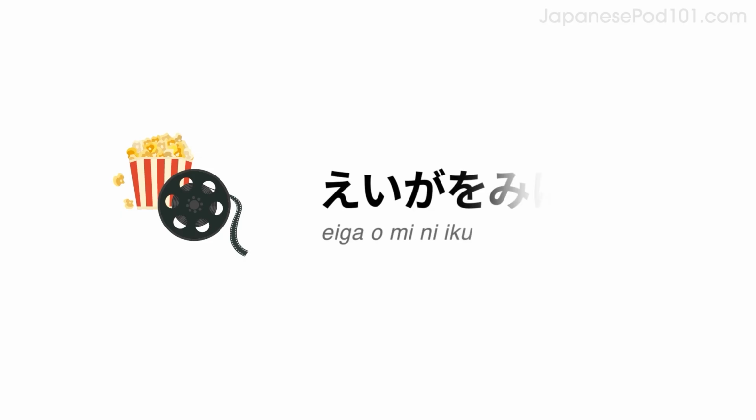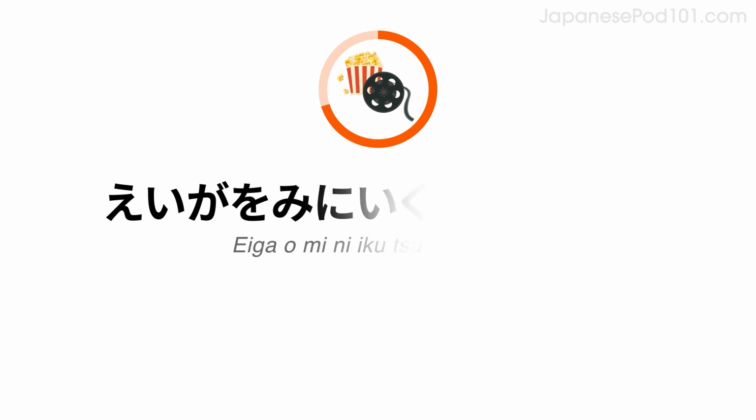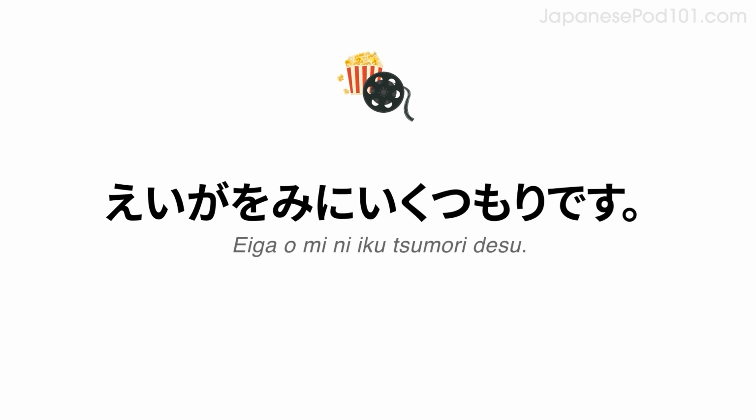Now imagine you're planning to go see a movie. Do you remember how to say go to see a movie? 映画を見に行く。 Say, "I'm planning to go to see a movie." 映画を見に行くつもりです。 Now answer the question saying you're planning to go to see a movie. ゴールデンウィークに何をしますか？映画を見に行くつもりです。